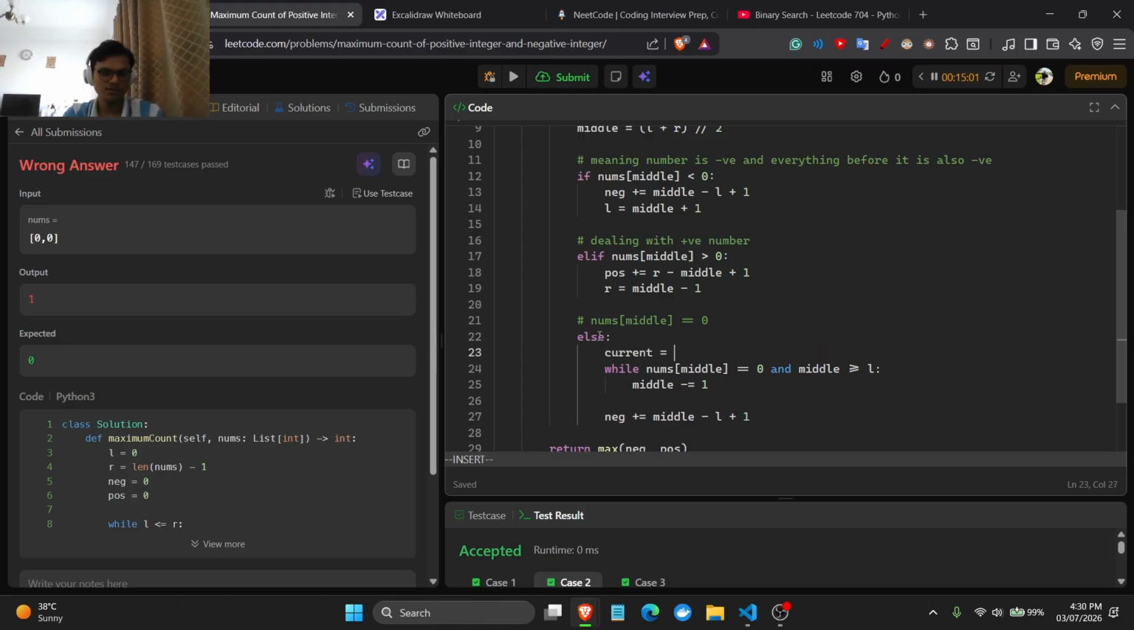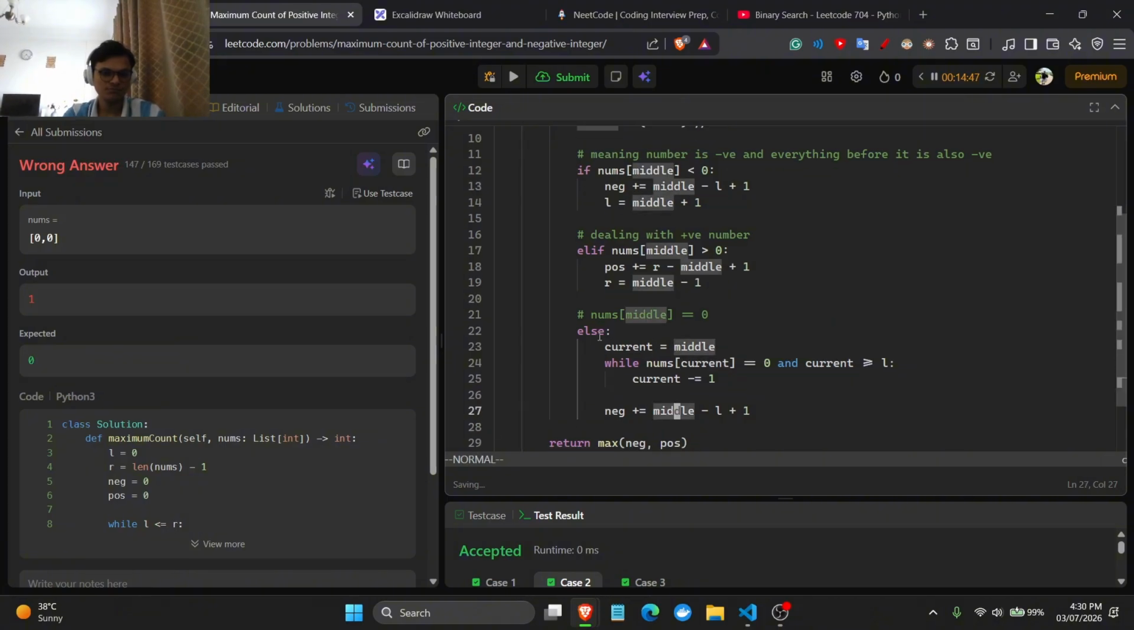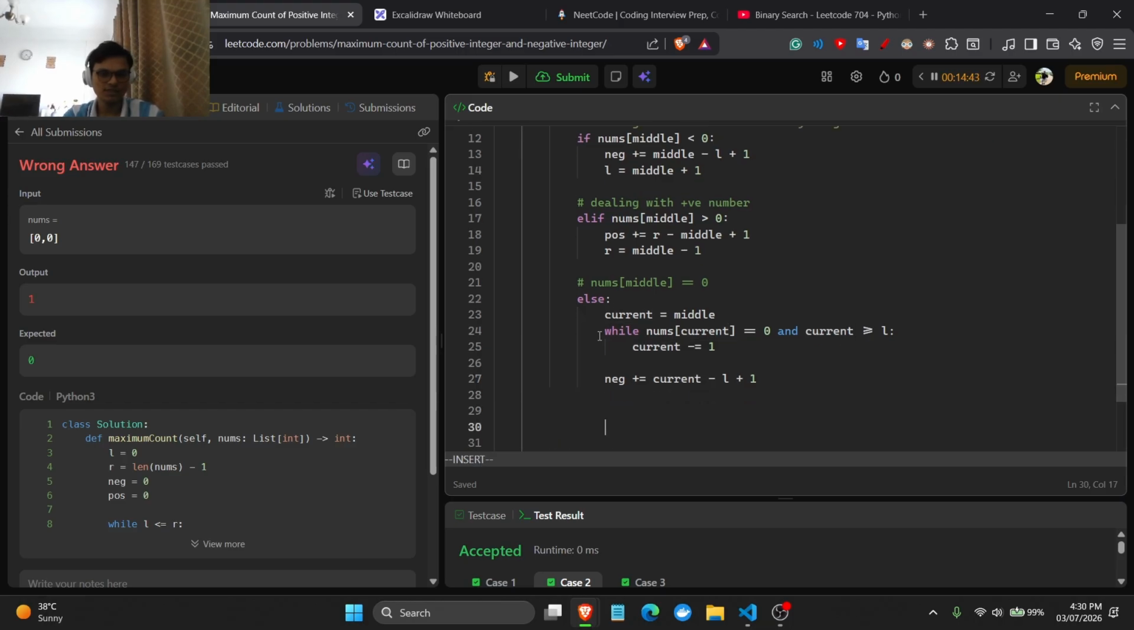Current will go middle, and I will say current. I think I know what I'm doing. I want to save that value, right, and then I'll change middle. So okay, now